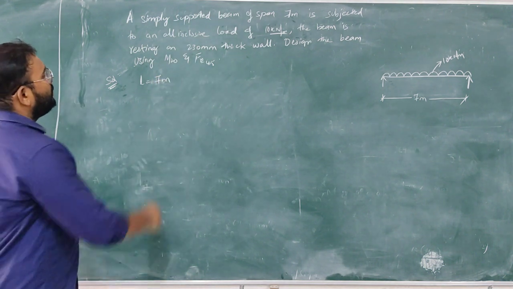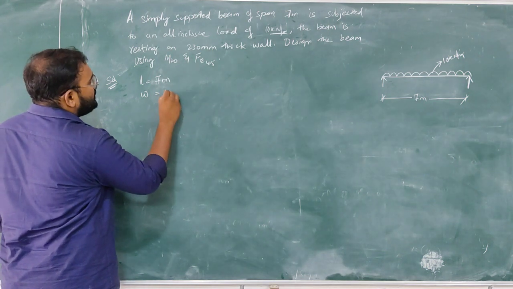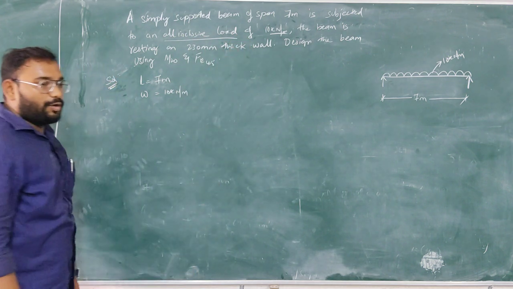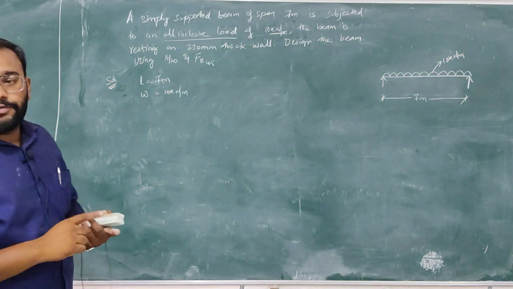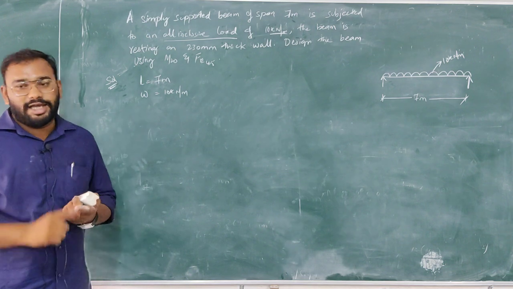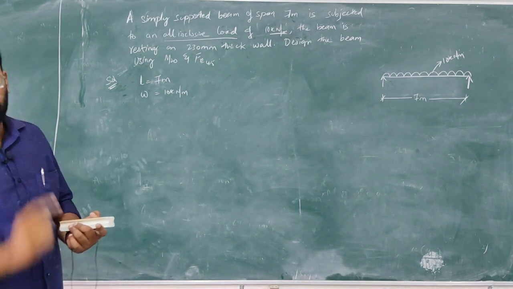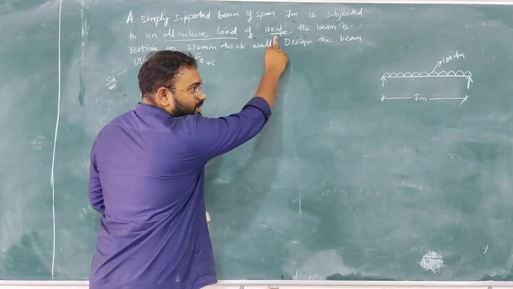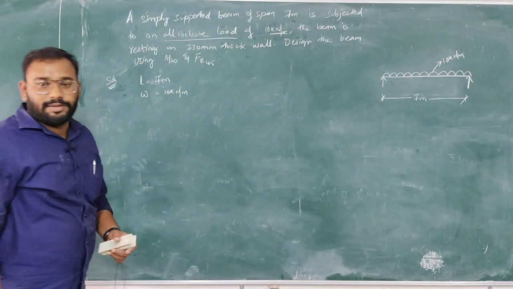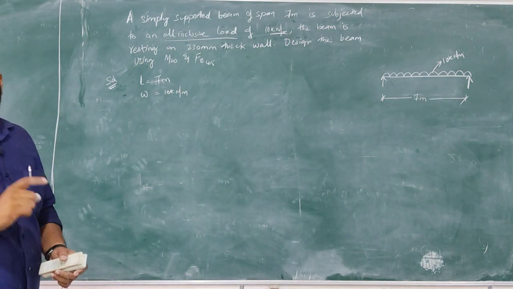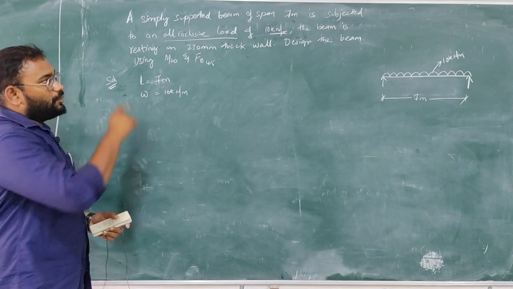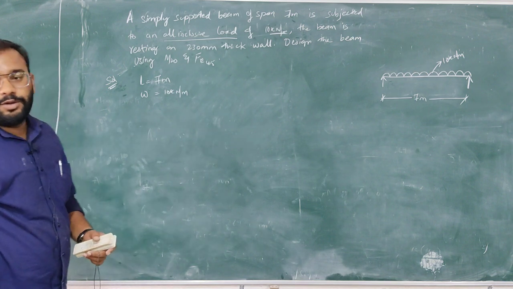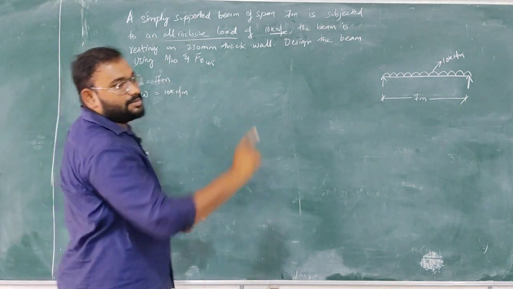Now W is given to you, which is 10 kilonewton per meter. What is mentioned is only the all inclusive load, meaning it is inclusive of self weight, dead load and live load, but not factored. You need to factor it. Sometimes the question will mention an all inclusive load of 40 kilonewton per meter, and in brackets it will mention that it is factored. So always read the problem carefully while solving. If you go through the question 2 or 3 times, you will be able to justify the values given to you. Remember that, read the question 2 to 3 times.